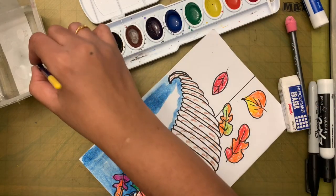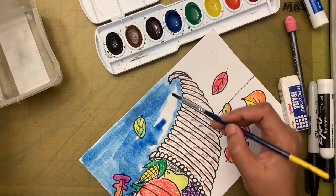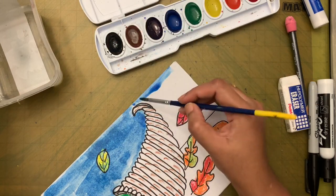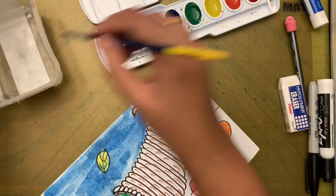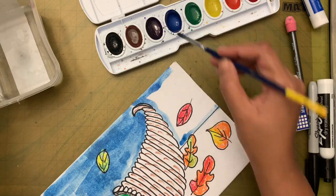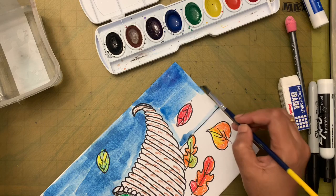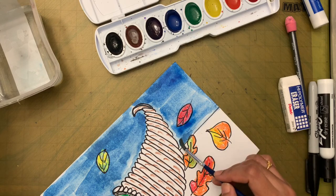So I'm going to now paint the rest. The fence is there. Even if you go on top of your leaf, it is fine. Now try to color, taking your time. I'm going to dip in water each time my brush is dry and then dip it back in the paint. When I reach this side, I'm making a fence again, dip in water and then the color and then the fence. Now the fence is ready, so I'm going to swirl in my paint and then color the background. It's dry, so water, and then I'm going to dip it back in paint, water, paint, and we are done with the